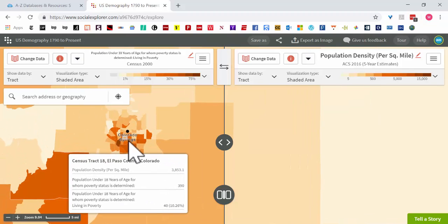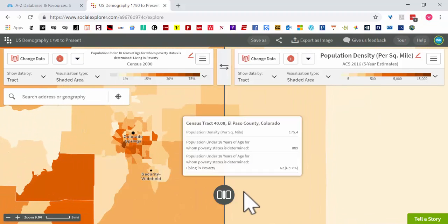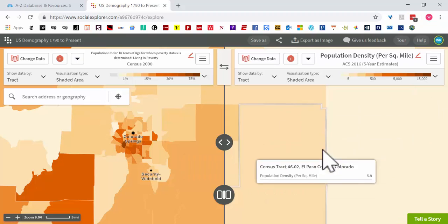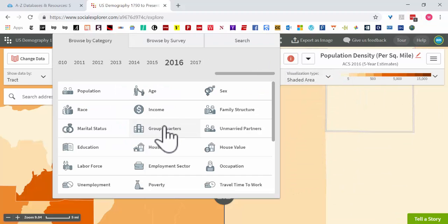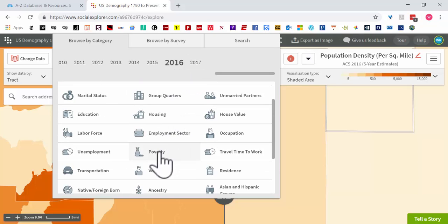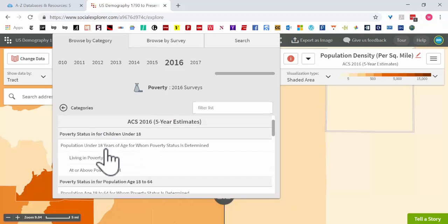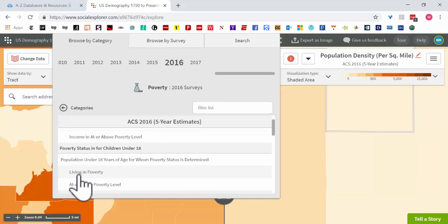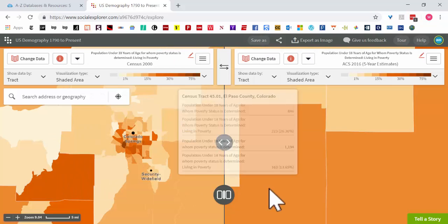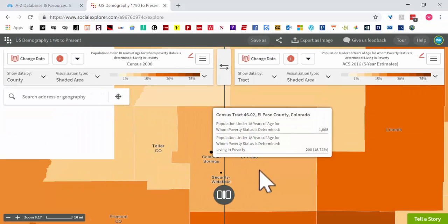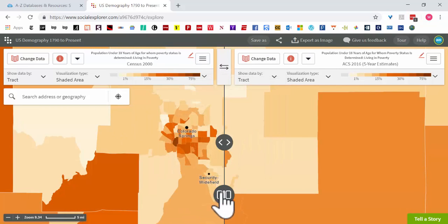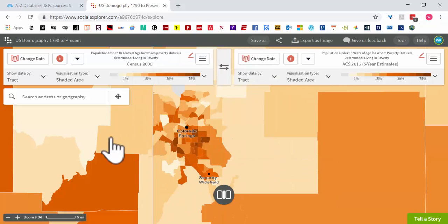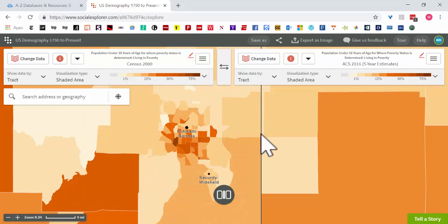As we get closer, it's going to switch to tracts. That's good. So then on the right, we can also change that data. We want 2016. That's the most recent. Ignore the 17. That's incomplete. Poverty. Go down. Find the children living in poverty. Click that. And so if we slide this back and forth, you can see the 2 time periods are both set to tracts